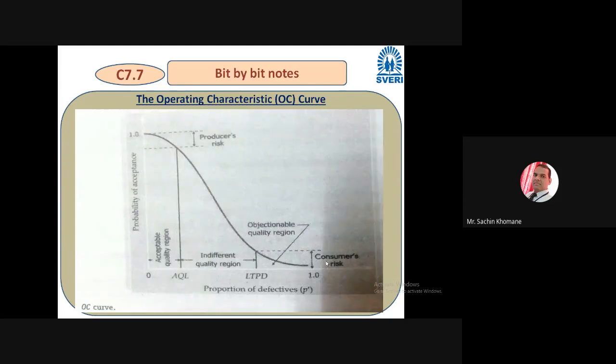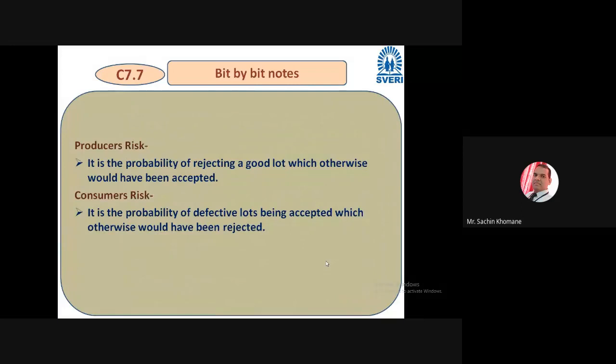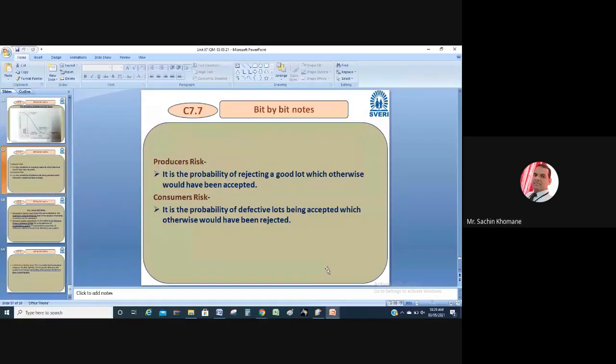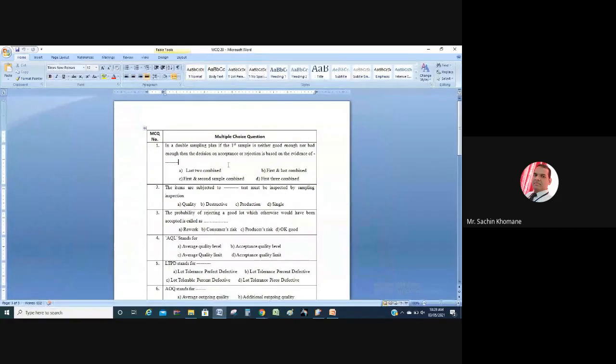Okay, so about this graph, nobody will ask you to draw the graph and explain the terminologies. What will be asked there? Most of the time there will be MCQs based on this particular graph. Many times MCQs are asked on this particular unit. So let us discuss some of the MCQs. We have to discuss these MCQs. Maybe for your unit, your MCQ test 7, these MCQs are important as well as for your university examination.